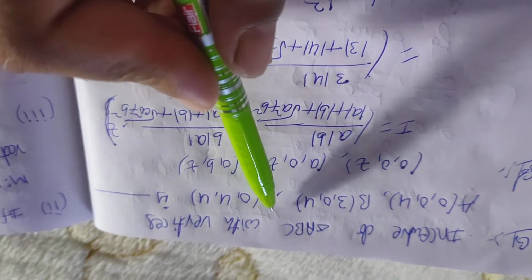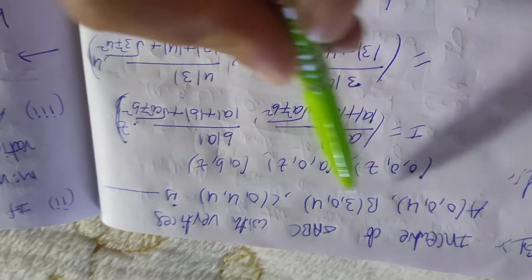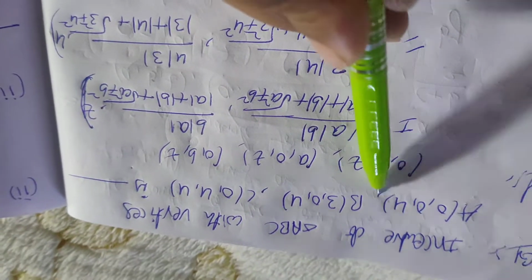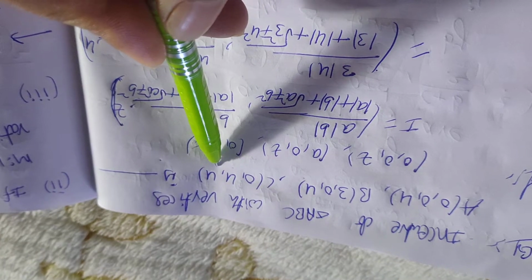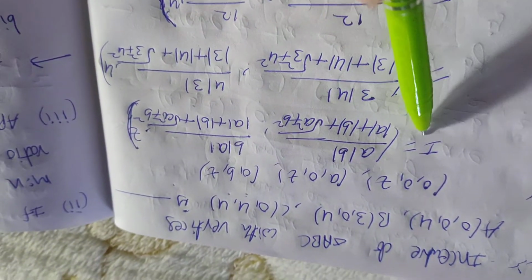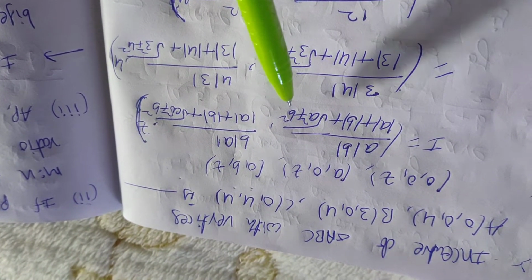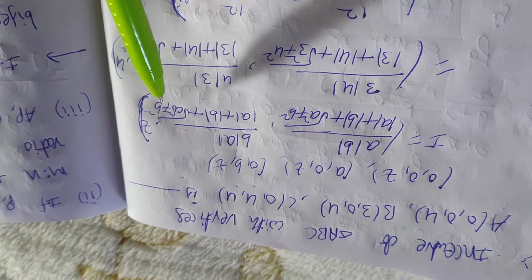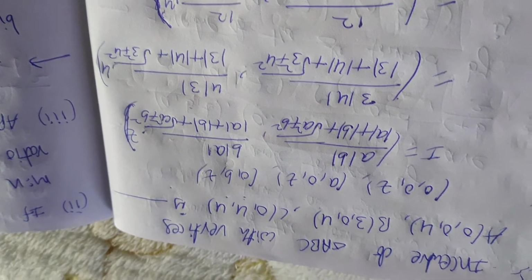The incenter of triangle ABC with vertices A(0, 0, 4), B(3, 0, 4), C(0, 4, 4) is? So it is in the form (0, 0, z), (a, 0, z), (0, b, z). Here z is equal to 4, a is equal to 3, b is equal to 4. So the incenter formula: a|b| / (|a| + |b| + √(a² + b²)), and b|a| / (|a| + |b| + √(a² + b²)). So how do you derive this formula? I already gave the formula for the incenter.